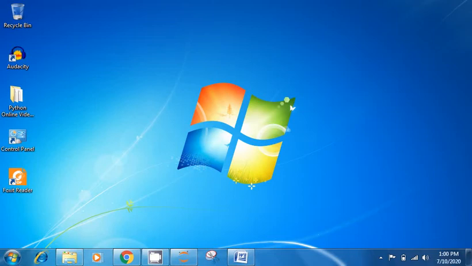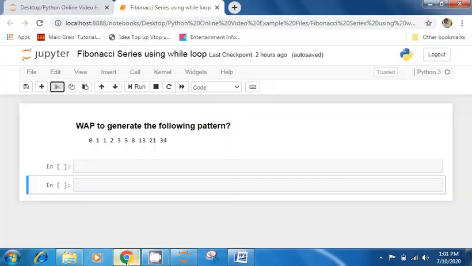We are now starting with an example of while loop. In the last lecture we saw the syntax of while loop, how to write while loop, and what is the limitation of while loop in terms of finite and infinite conditions. In this lecture we will see a very important, very simple and very common interview program, that is Fibonacci or Fibonacci series, whatever you call it. So let's see what this series is.